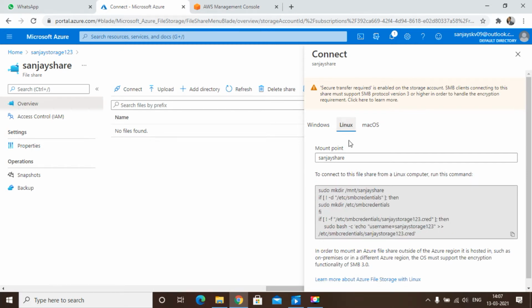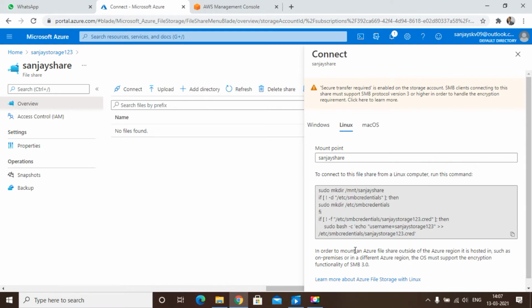To mount an Azure file share outside the Azure region, whether on premises or in a different Azure region, you can mount anywhere: on premises, Azure cloud, GCP, whatever you want, no problem.